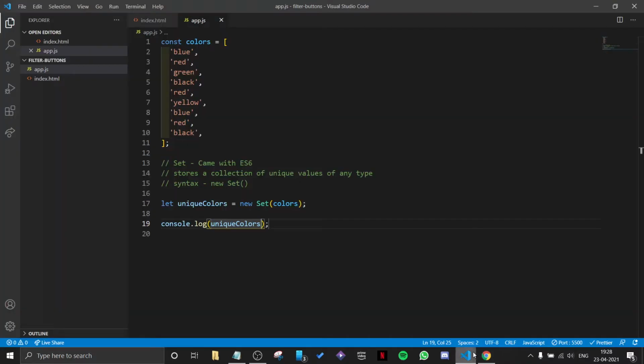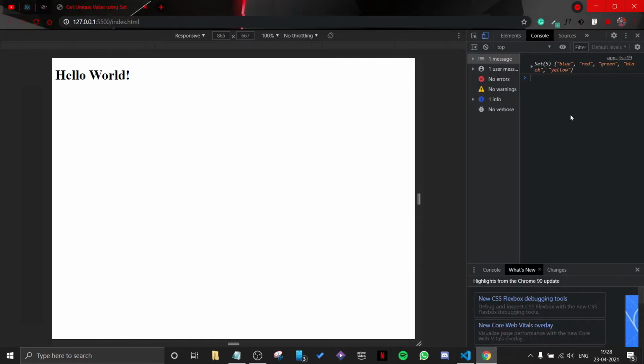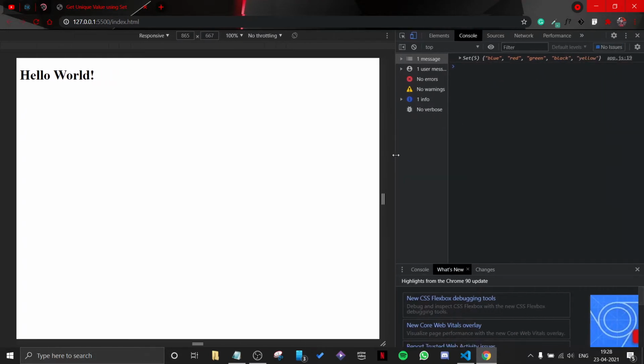So yeah, it's that simple to use Set. However, if you notice something, we don't get an array in return. As you see, we get the unique values, but it's not an array. We get an object.